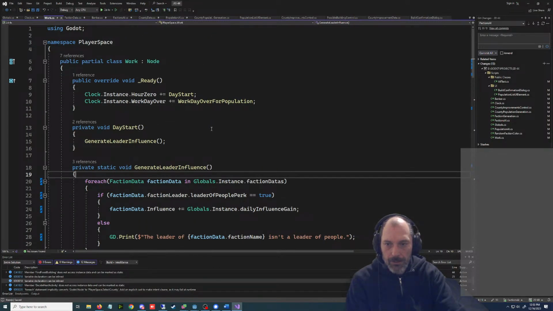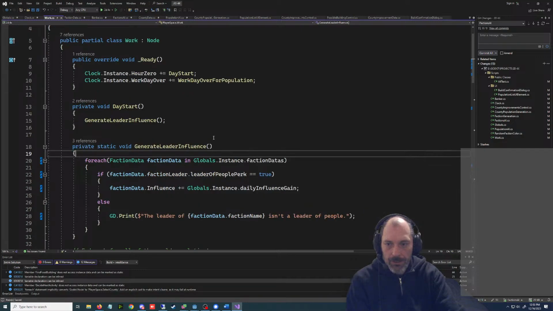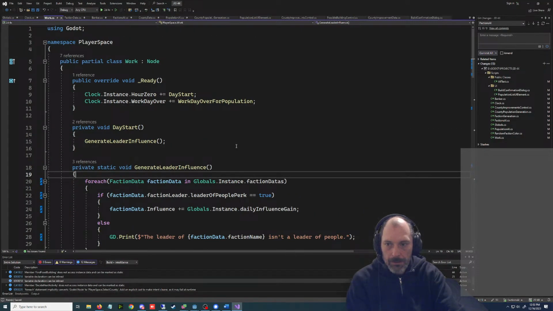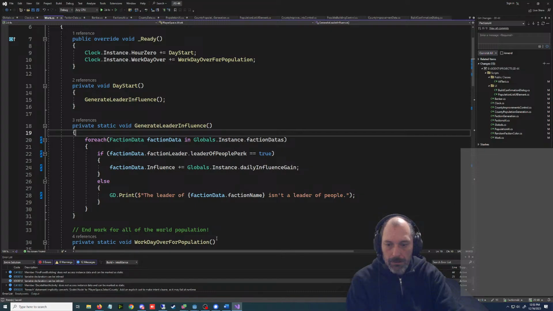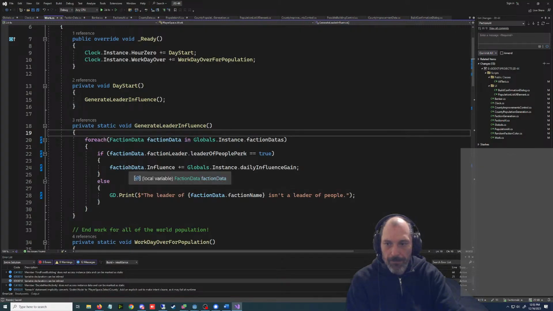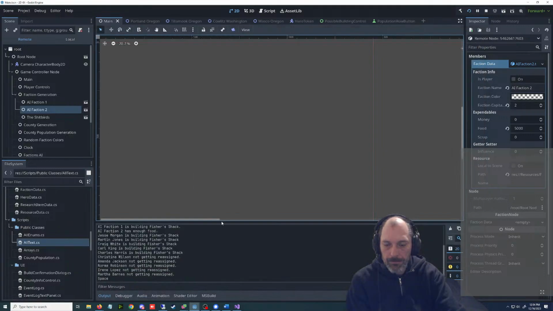Day 0 or hour 0 day start generate. I got it. Oh, you know what? Maybe their faction leader doesn't have leader of. Well, that's not very nice of me.